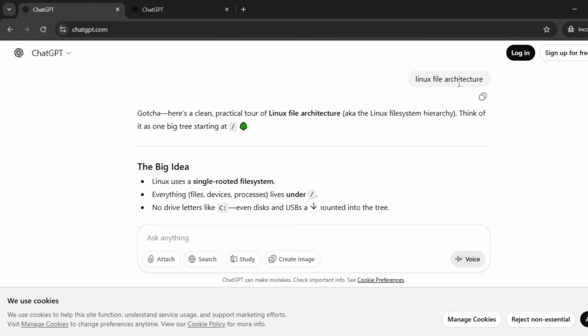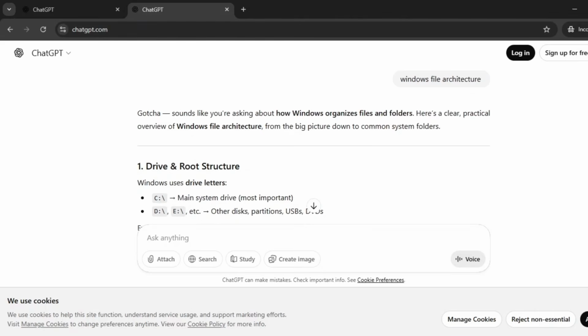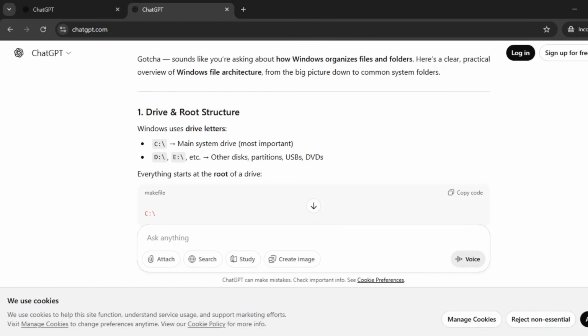So in this case, I asked about Linux file architecture, and then I asked it to make a comparison with Windows file architecture. So let's go to Windows, since we come from a Windows operating system. Let's make a quick understanding of how it is, and I'm gonna go through the folders so you can understand too. So it says, sounds like you're asking, because I asked,